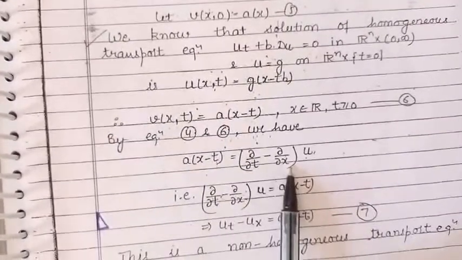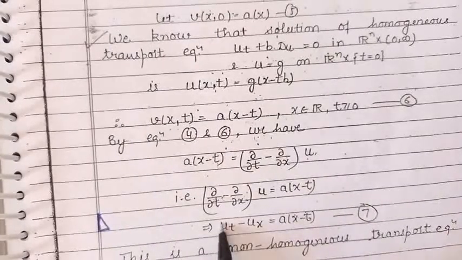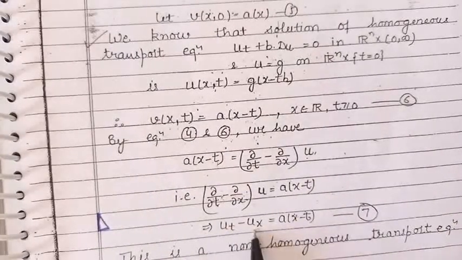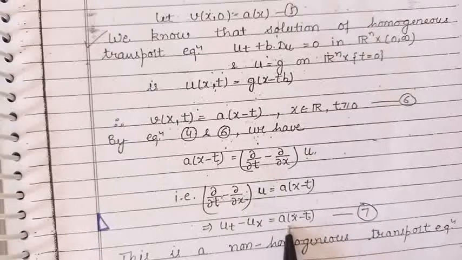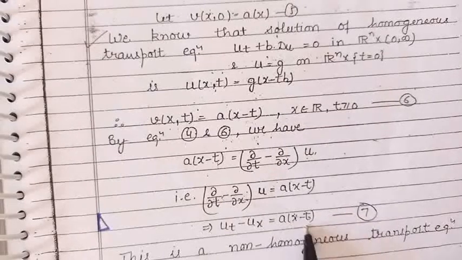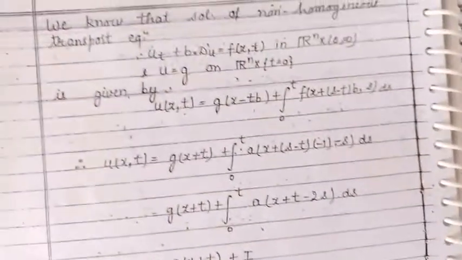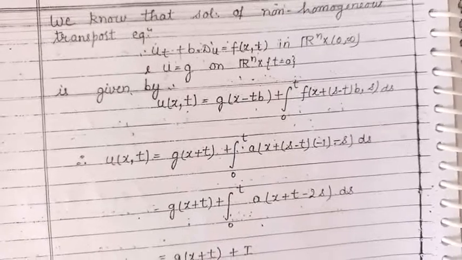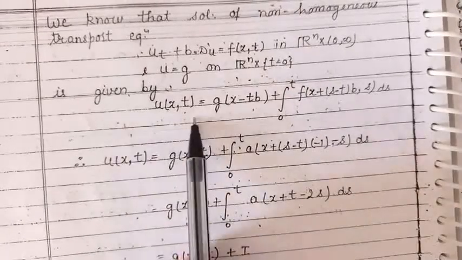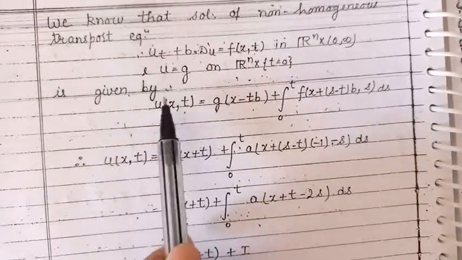So we get the equation ∂u/∂t minus ∂u/∂x is equal to a, which is a function of x minus t. Now we can see that this is a non-homogeneous transport equation. Now we can write the solution of this non-homogeneous transport equation by using the formula, because if we have the